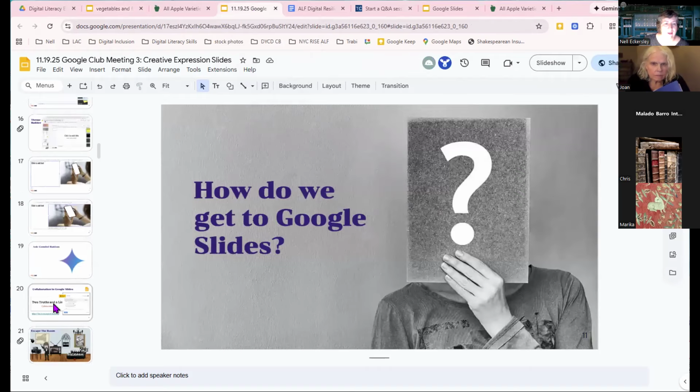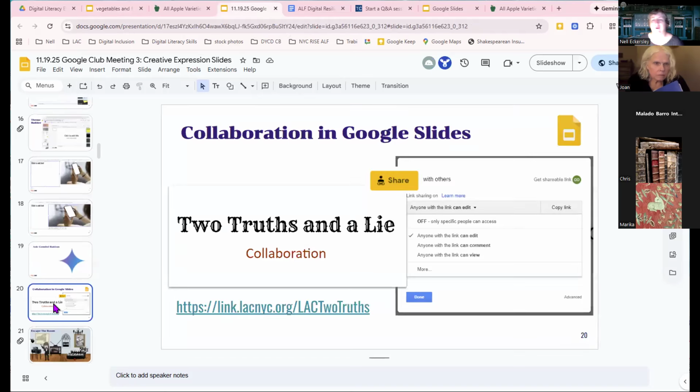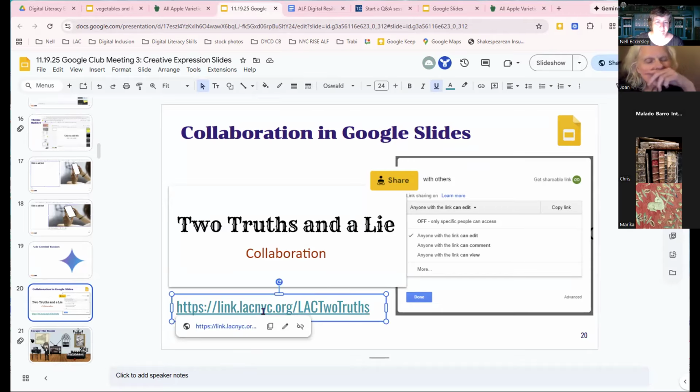Some other ways that we can use slides, if you wanted to do it collaboratively, and I'm going to share a link with you here, where each of you is going to take a slide and you're going to add your content to it. So you're not making a new set of slides, you're going to have access to my slides, but in edit mode. You each get to choose a slide, just take one that doesn't have anyone else on it. And you're going to write two truths and a lie. So the example here,